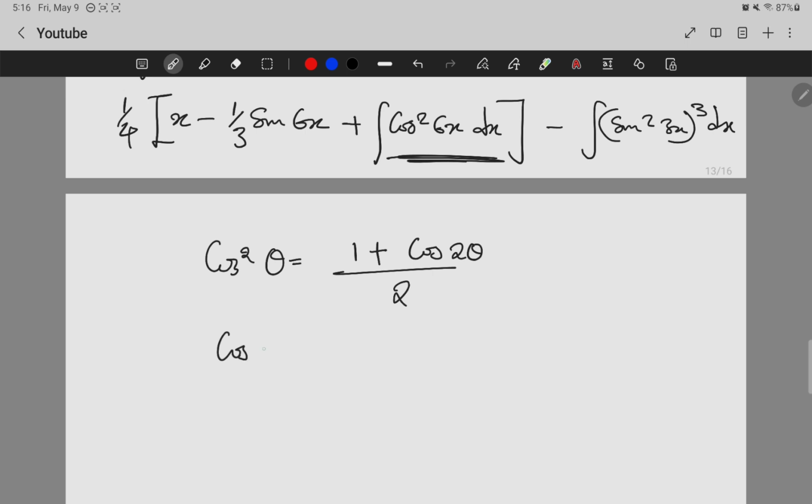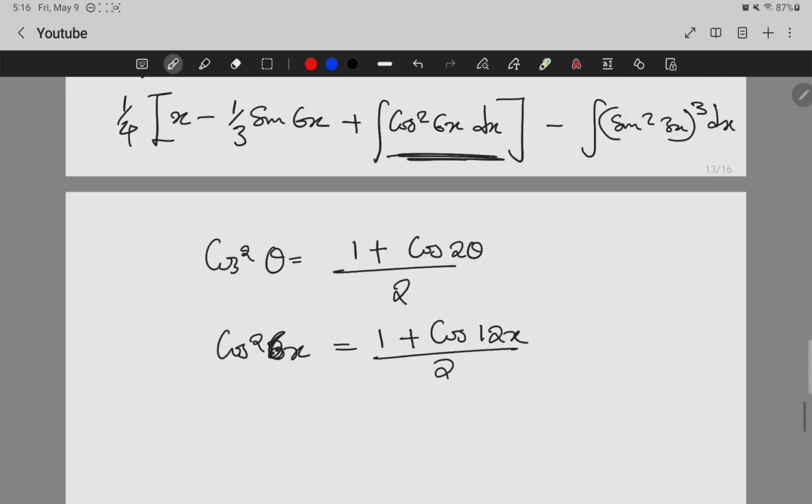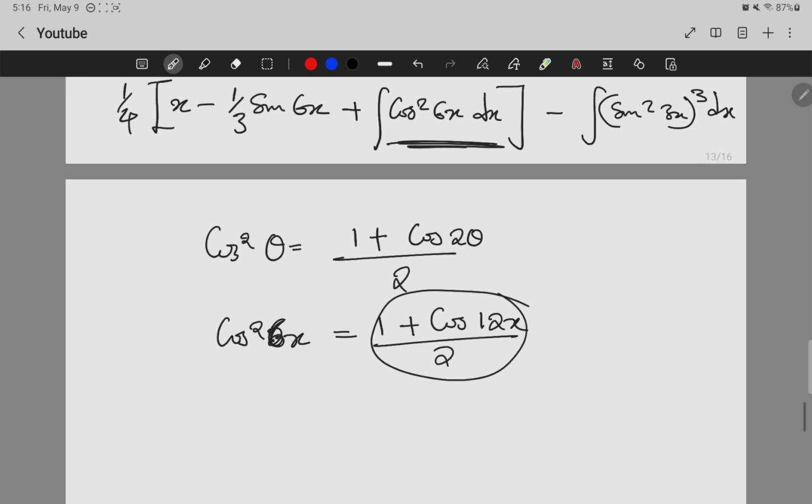Since what we have is 6x, our theta is 6x, so this will be cos 2 times 6x, which makes it 12x, over 2. So that integral there will just be integrating this term here. So this will be 1 over 4 x minus